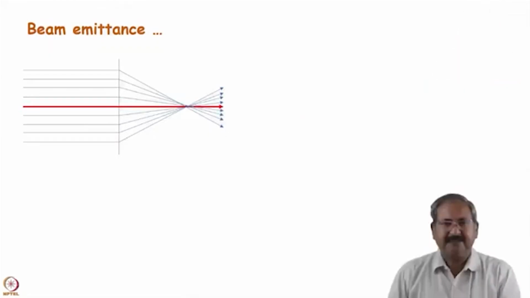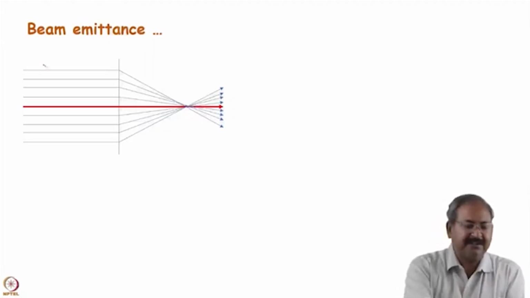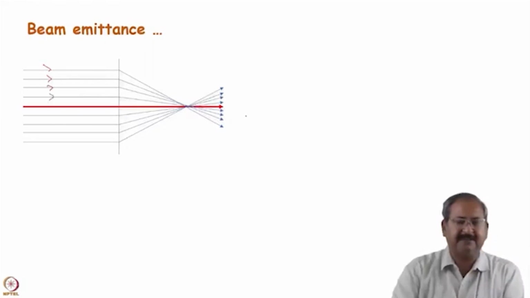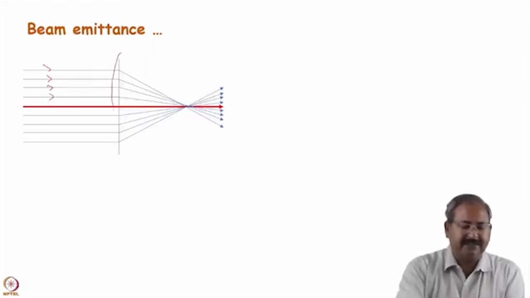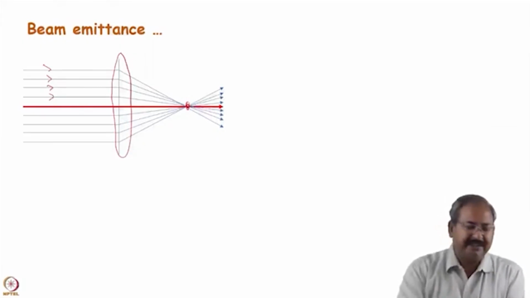Now we see some interesting examples and calculate what the emittance is in that case. Suppose there is a beam which behaves nicely. Nicely means all the trajectories of particles are coming parallel to the optic axis or design path, and it is a focusing lens, so it passes and is nicely focused at a point here. So we see what the phase space